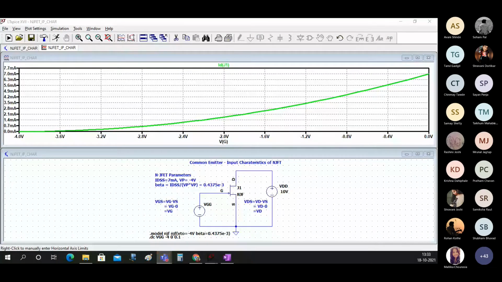Okay, Rohan, I've got it. What about others? Please put this in the chat box.